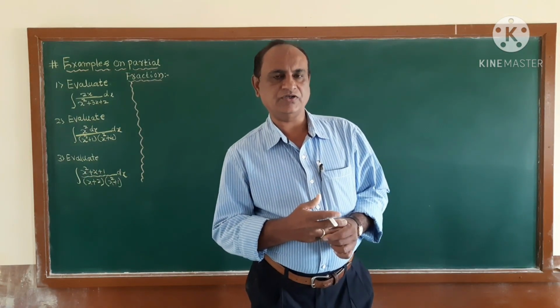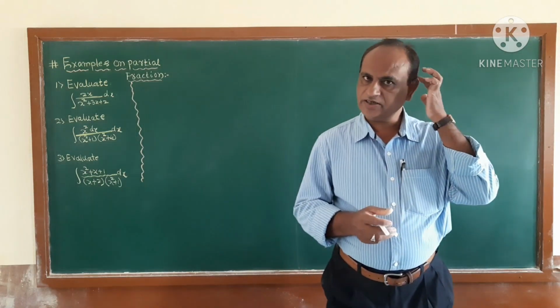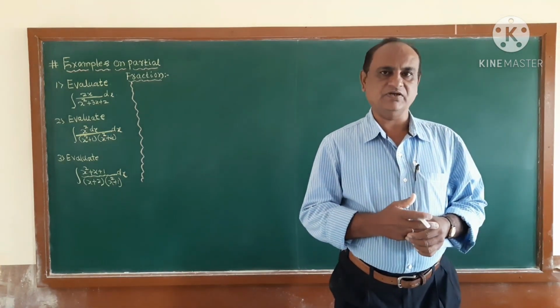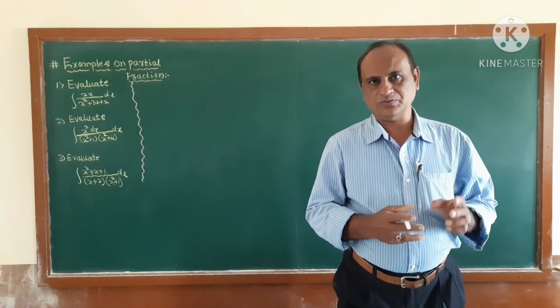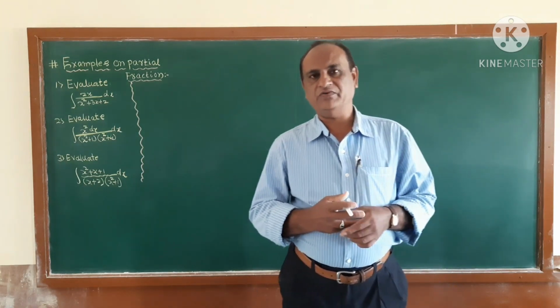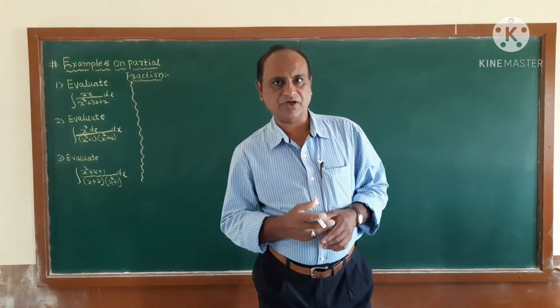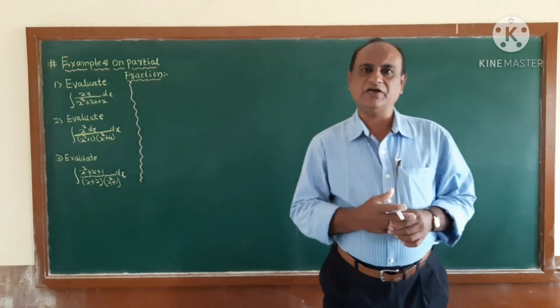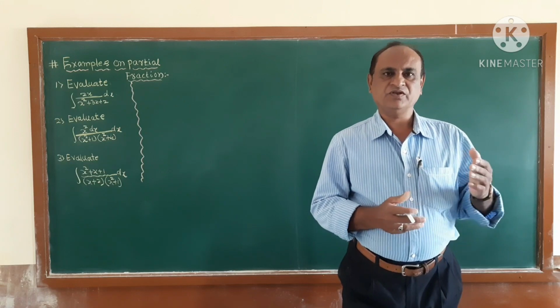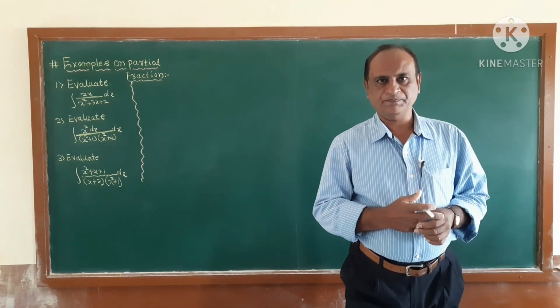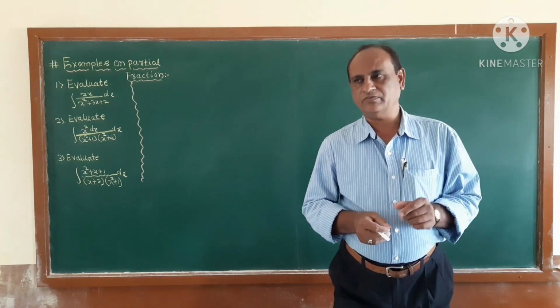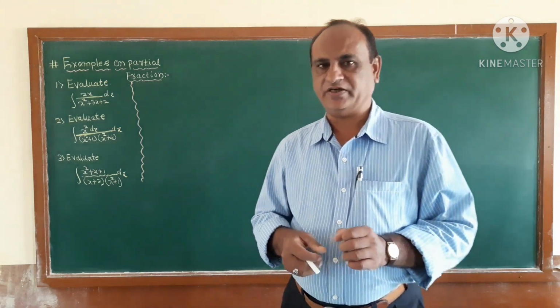If the denominator has one factor repeated and another one a simple factor, in this case you have to suppose the partial fraction as a divided by x minus a, plus b divided by (x minus a) whole squared, plus c divided by x minus b. In the last, fifth working rule, if the denominator has one simple factor,